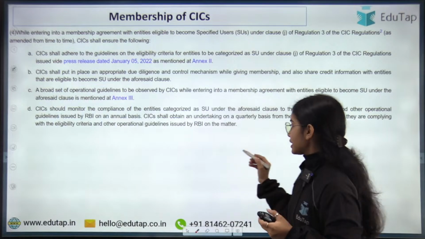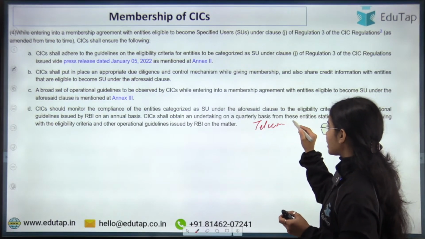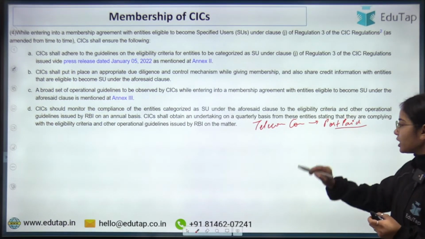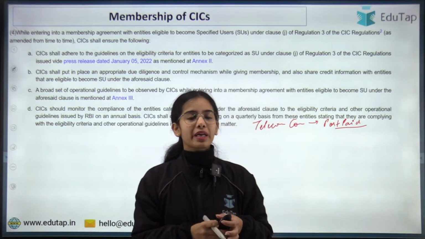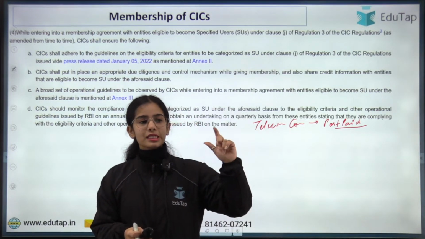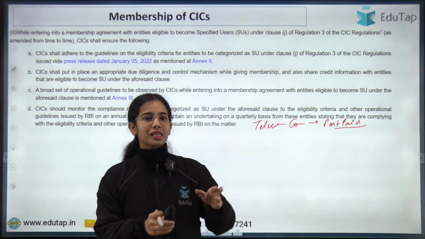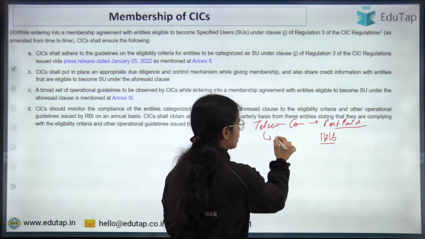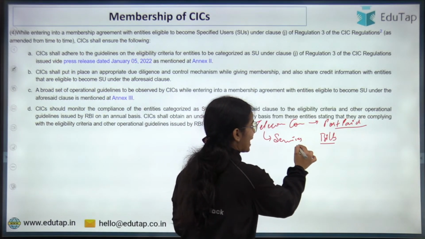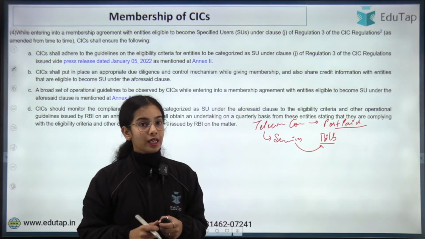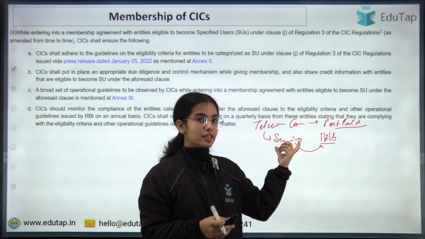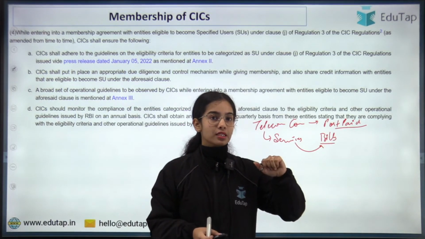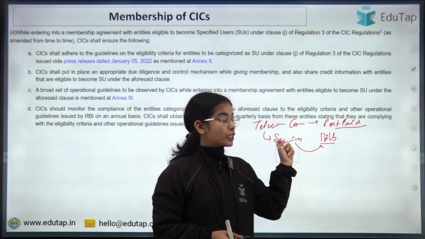Let's say that there is a telecom company. Now the telecom companies provide postpaid. Have you heard about it? Postpaid. Now it is less, but still many people use postpaid. That means, let's say, on a monthly basis the bills will be generated. So first you will be utilizing the services, and at the end of the month you will be paying. Now what if you utilize the services and you do not pay after 1 month, or after 2 months? So this is a problem for the telecom companies.